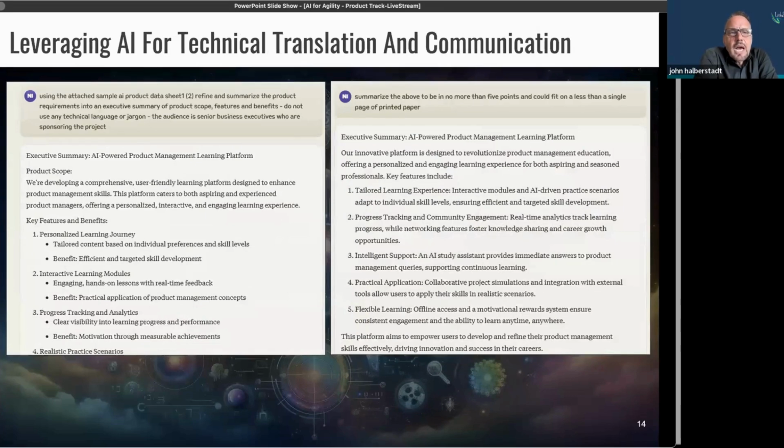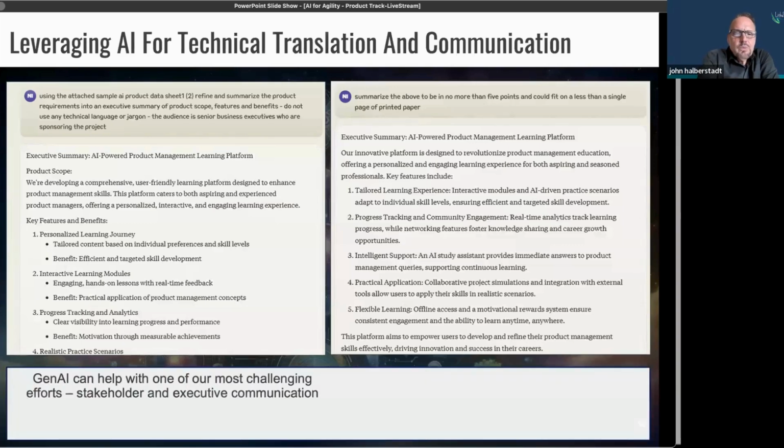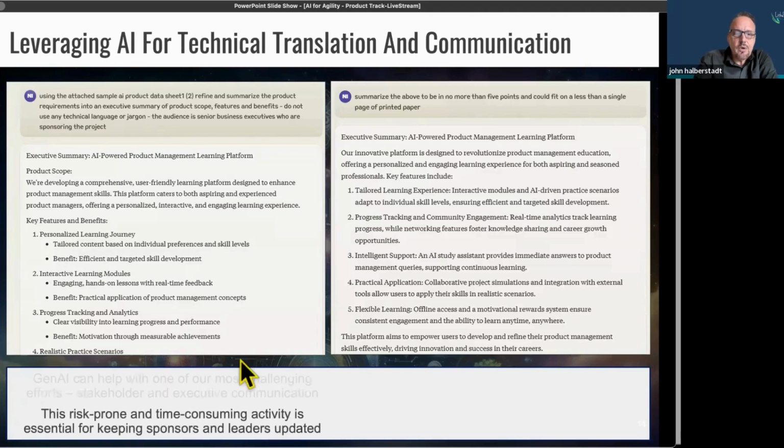So another high value need or scenario that I've found in leveraging AI is for technical translation and communication. We really, as product people, often can find, at least I've found, I can't see all of you, so I can't read body language or see if there's anything in the chat, but having high quality stakeholder and executive communication really can be difficult.